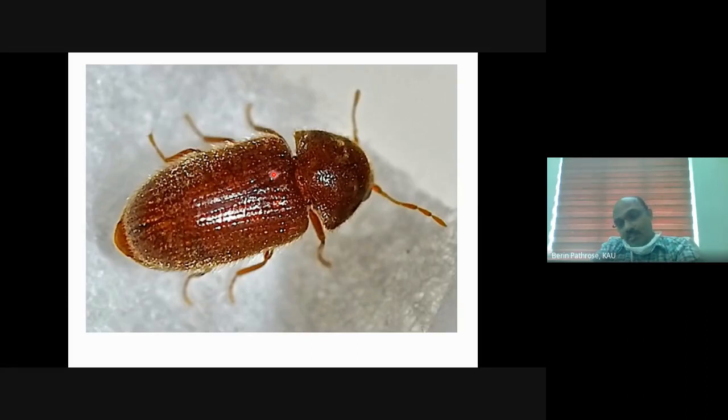Pits on elytra. That is one thing. The elytra is not smooth. Hard elytra. Elongated. That might be because I stretched the picture, so it looks elongated. Yes, it is the antenna. Elytra is not smooth and the antenna is not serrate. The last three segments are clubbed in nature.